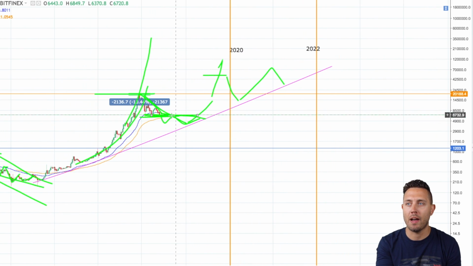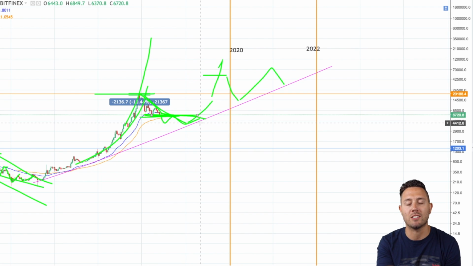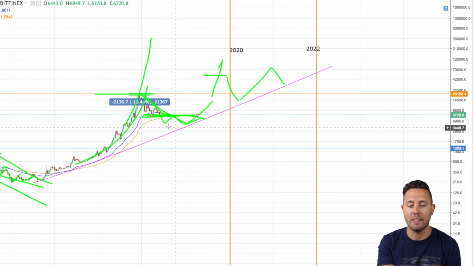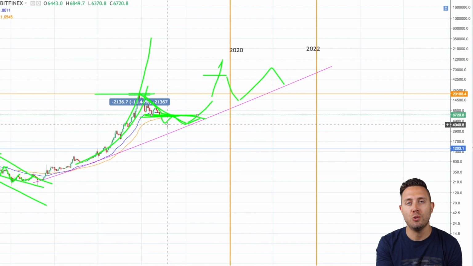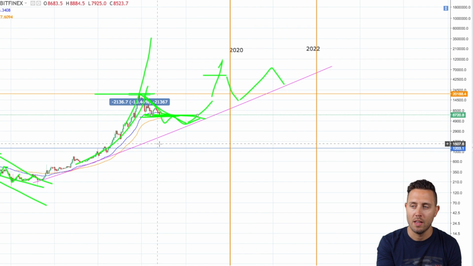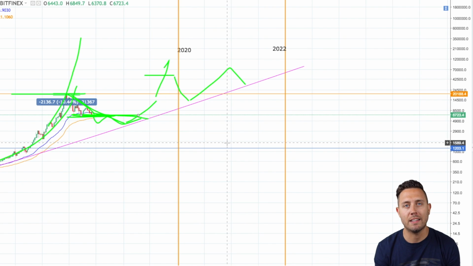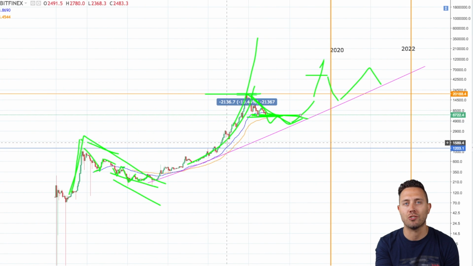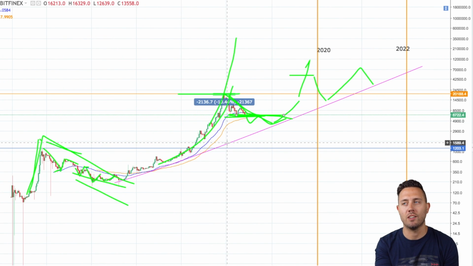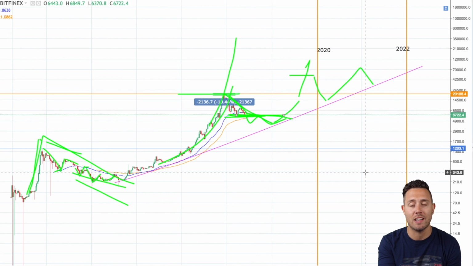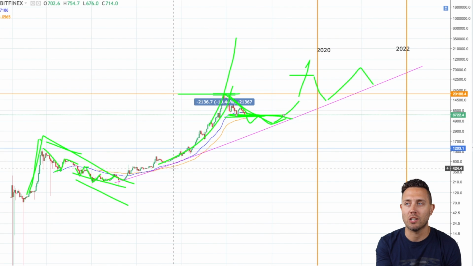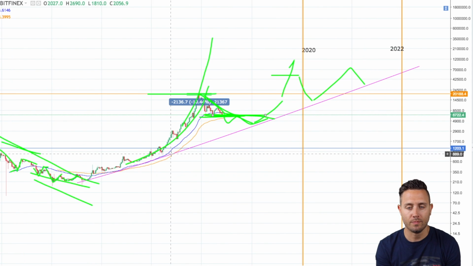If we enter a bearish market and we do trade down to this trend line, at $4,000, and we level off there, there's a huge opportunity for accumulation. So please, I just want to encourage you to get your mindset right with the markets right now. If you feel like you are living in that day to day and you're stressed out, watching your investments, maybe you bought Bitcoin at $10,000, $15,000 and you've lost 50% and you're stressed. First off,